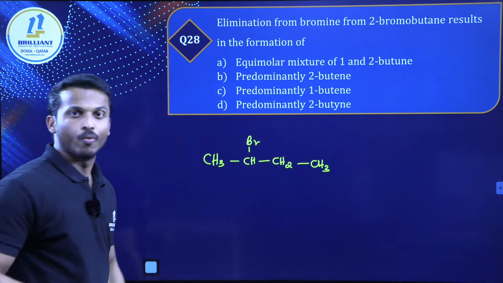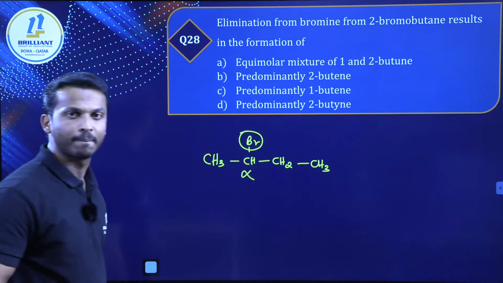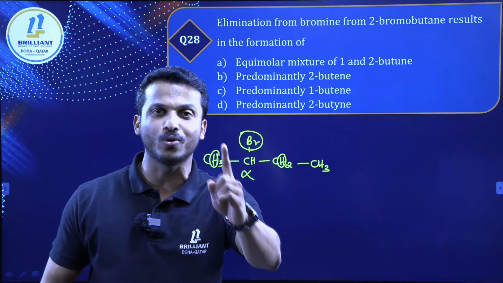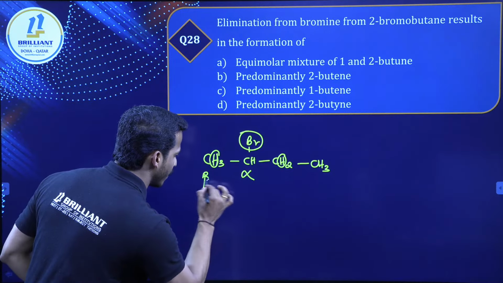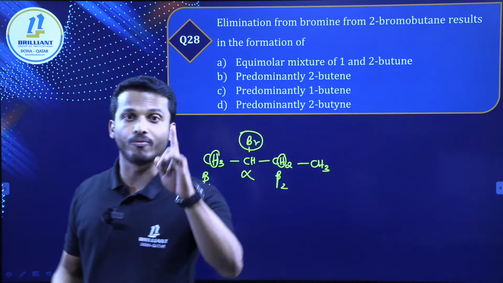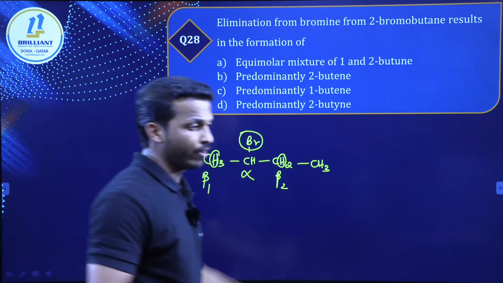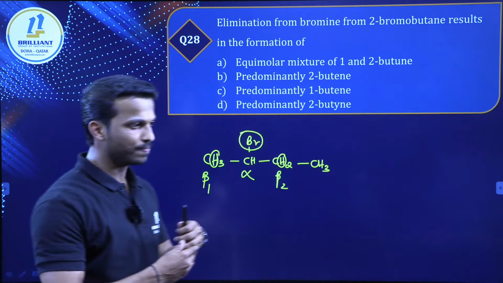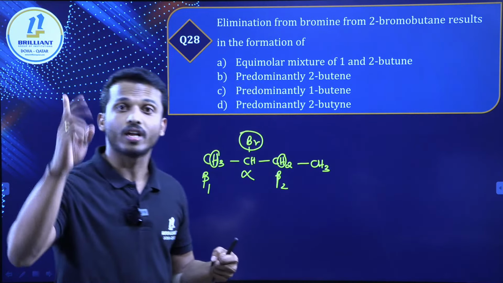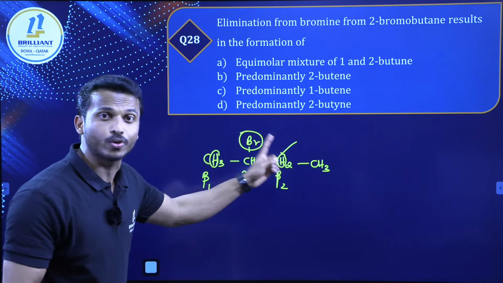You know very well, when making beta elimination, the halogen we take from the alpha carbon, and the hydrogen you can take from any of the beta carbons. Which beta can you select? Whether this first beta or second beta. Tell me, dear all, from which one are you going to take the hydrogen? Whether first carbon or second carbon. From which carbon are you going to remove the hydrogen more? Very good, second one.